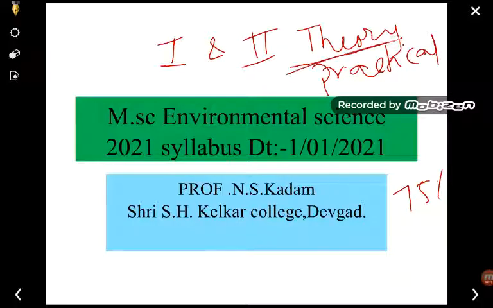So the theory is to be covered in semester 1 as well as semester 2, and we have to conduct certain practicals also. So we are going to see the different types of syllabus portion which is given to us, and which syllabus we have to cover from the 21st of January to the 22nd of January. So you must know that